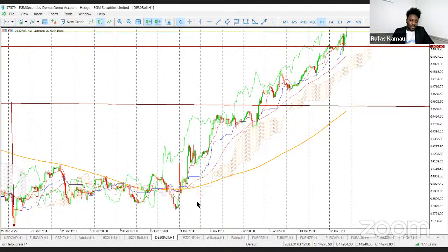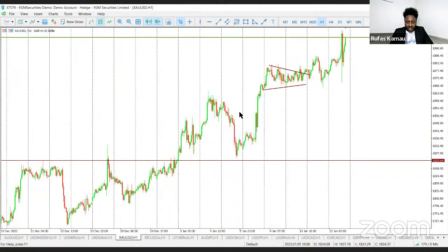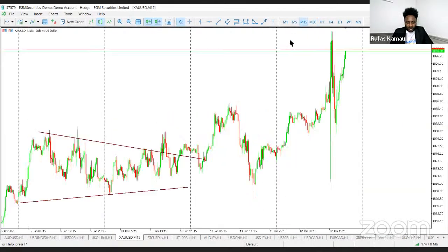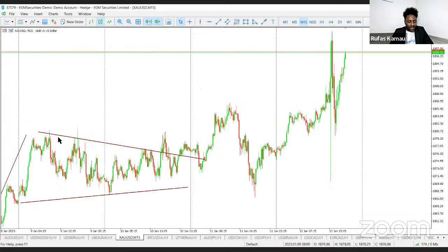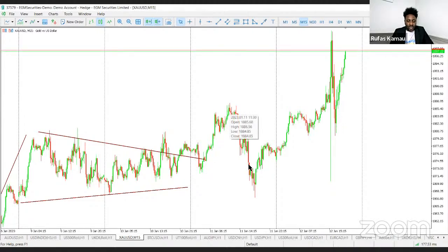We also do alerts on technical trading patterns. I remember sharing a technical trading pattern on gold earlier this week. So let's check that out. It was on the 15-minute chart. We saw gold trading in a flag. Let me just show you. So this was what was happening in gold. It made a very strong impulsive move here, and then after this, started moving sideways, broke the upper side the first time, the second time, then eventually broke and moved higher. It went back, retested the area, and then made a very strong continuation today.